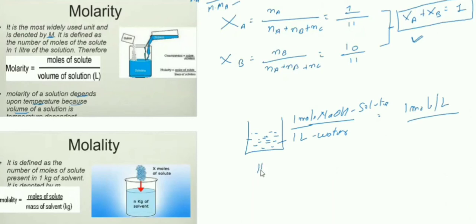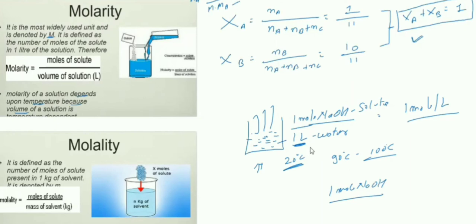But now if I heat it, if I raise the temperature, let's say this was done at 20 or 25 degrees Celsius, but if I raise the temperature to 90 degrees Celsius or even 100 degrees Celsius, what we will observe is that some of the water molecules will evaporate, which will result in the decrease in volume of water. So let's say now we are having 1 mole of NaOH and we are accepting that 100 ml of water has evaporated. So we are left with 0.9 liters of water. Now in this case, the concentration of the solution will be high.